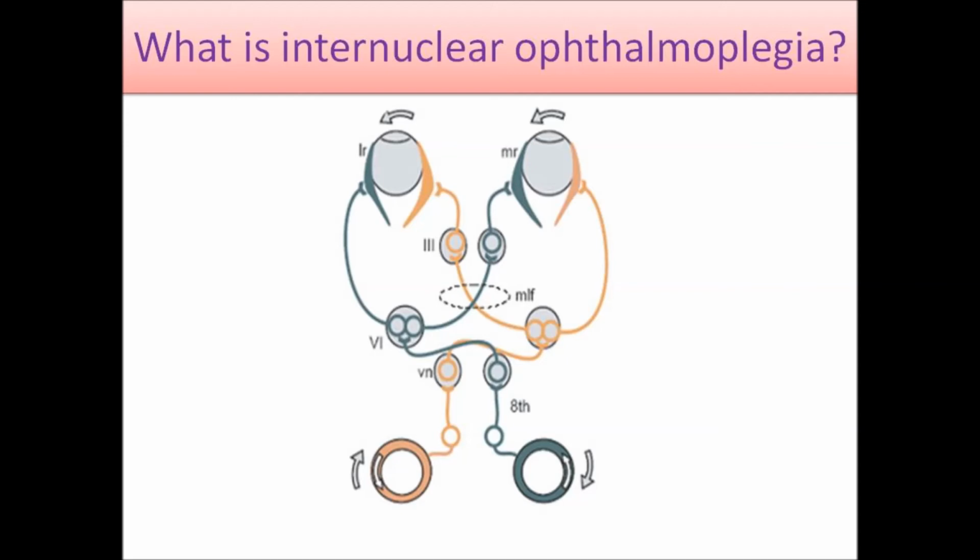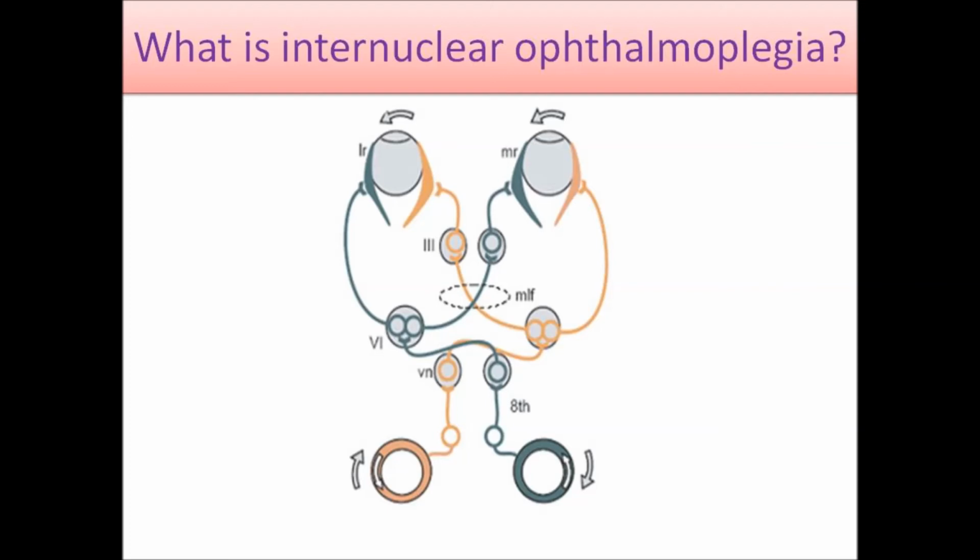These fibers are known as the medial longitudinal fasciculus. Signals are sent from the abducens nucleus on the right side to the oculomotor nucleus on the left side, so that I contract my medial rectus muscle to adduct my left eye so that I will look at the right side. This is the conjugate gaze, and it is affected in multiple sclerosis when demyelination occurs in the